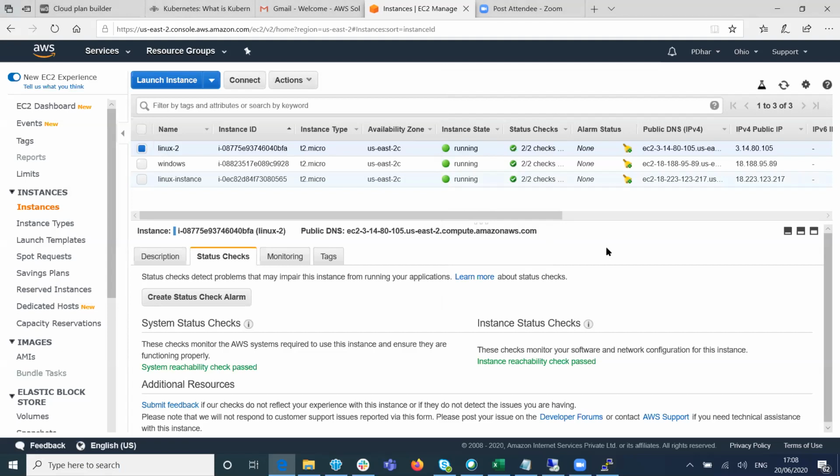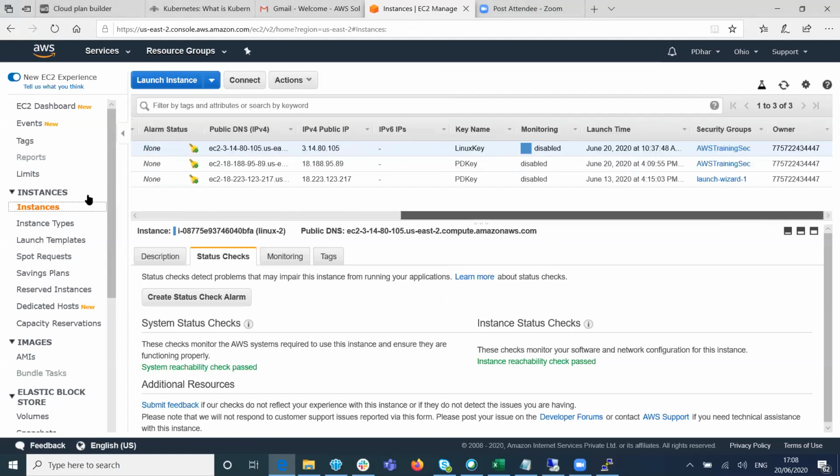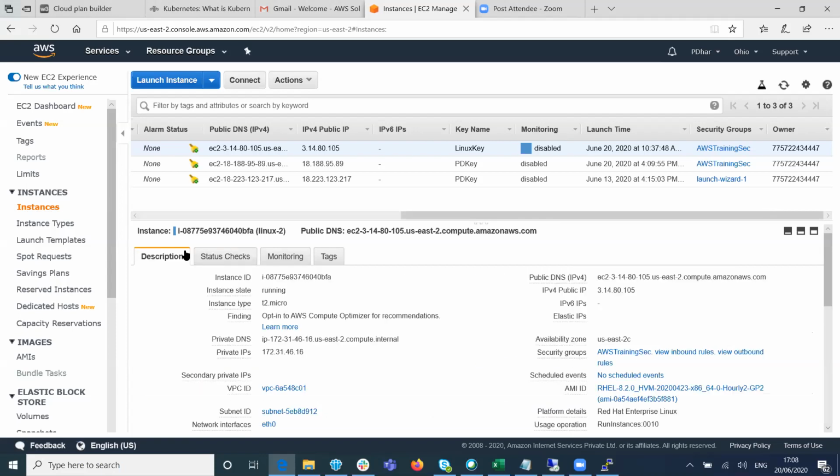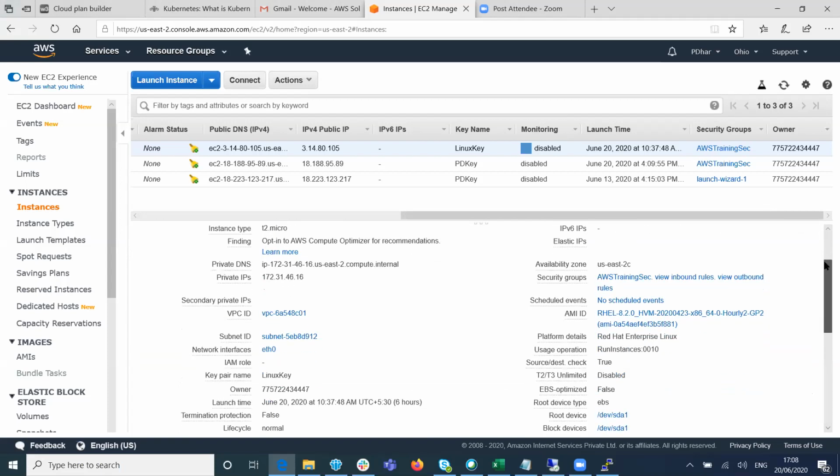Click on an instance, please. That's the instance, yeah, Linux 2. One second. Just select the instance. Yeah, scroll. Click on the description. Scroll down a bit, one after the other.